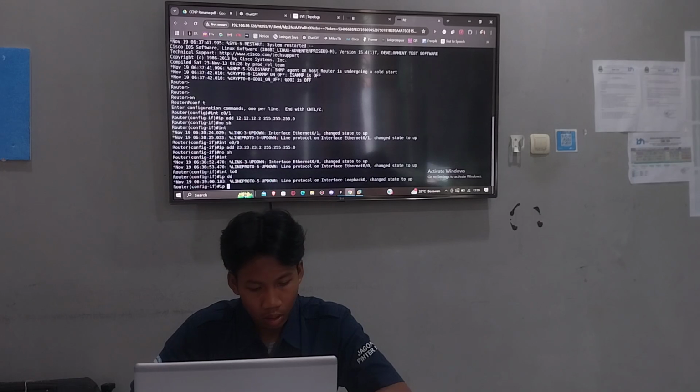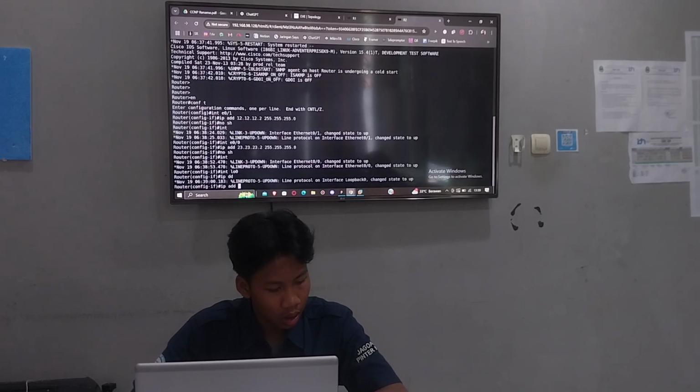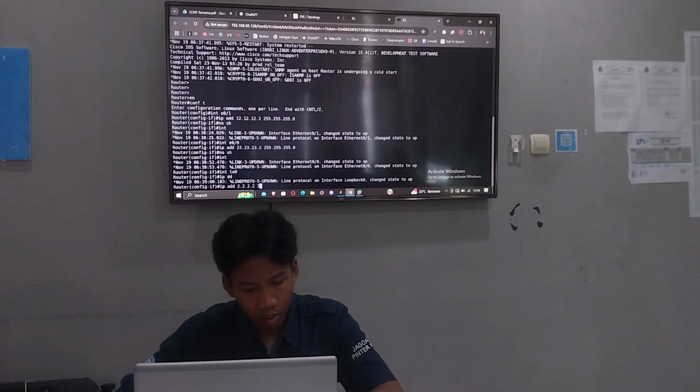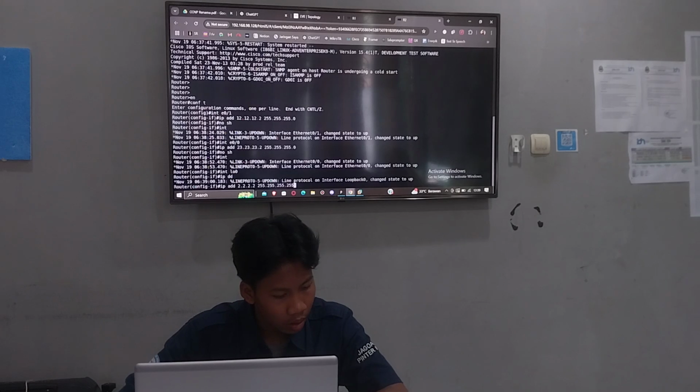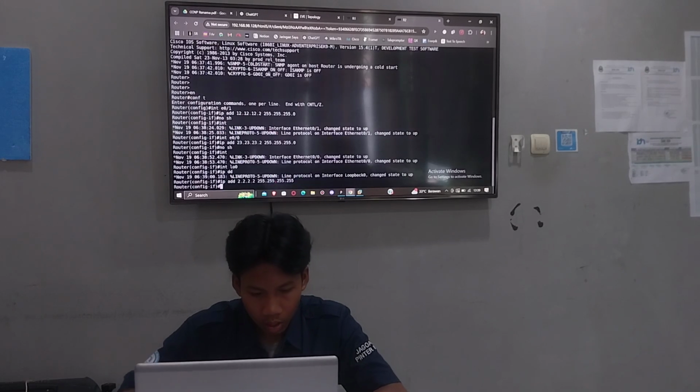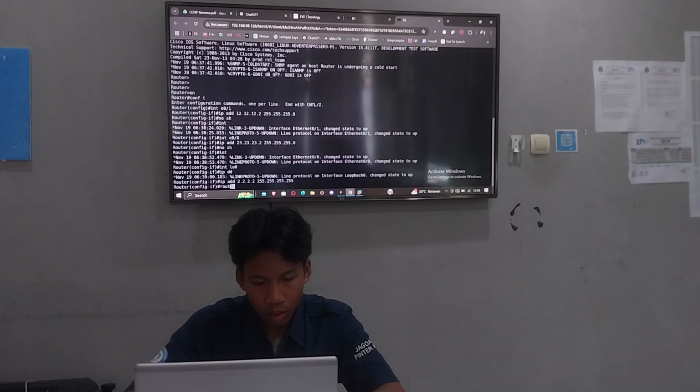And add the IP. For the IP is 2.2 and subnet 255.255.255.0. Okay, no shutdown. Okay, and then give the router EIGRP,